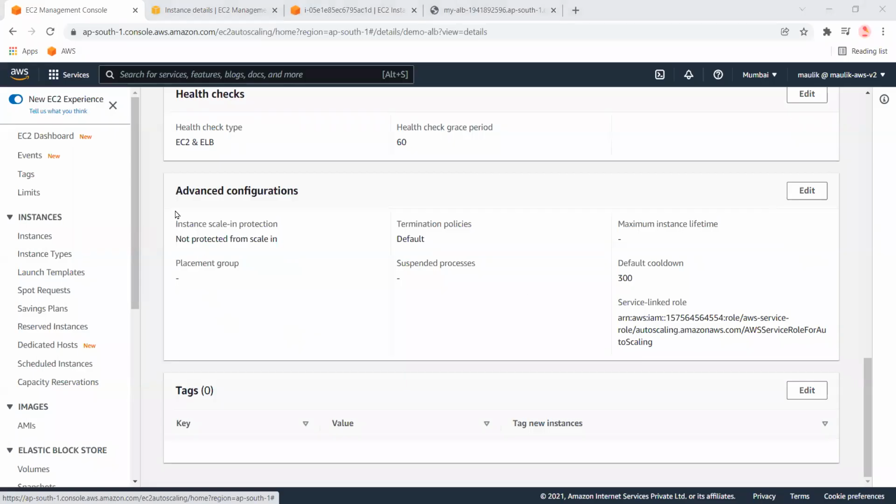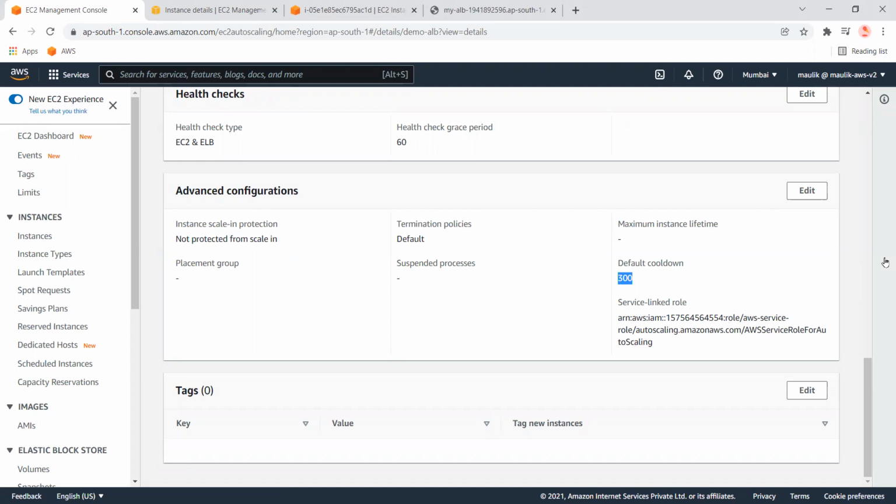In between, let me tell you about the default cooldown period. This is where you ask the auto scaling group to please wait for 300 seconds before triggering the next alarm. For instance, suppose one alarm was triggered at 11 o'clock to increase the instances because of the CPU alarm.